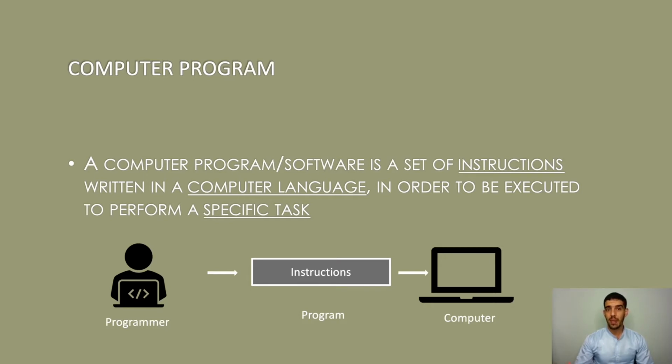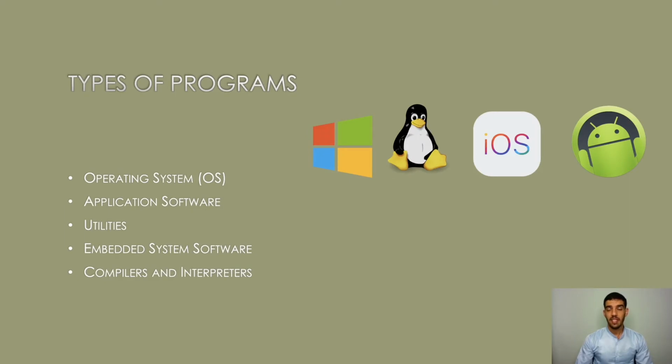So basically a program or software is a set of instructions written by a programmer using a programming language that will make the computer do a specific task, such as playing video, playing audio, serving the web, and so forth. And there are a variety of applications, software, or you can call it programs. It's all the same. These programs can be system software, application software,